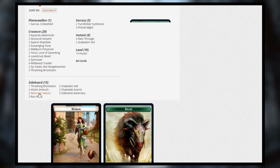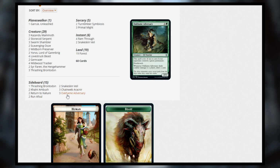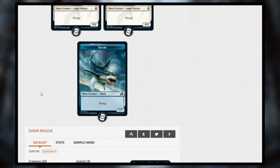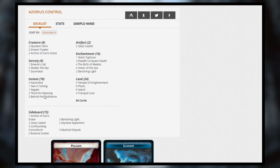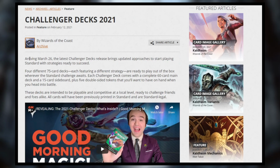If we look in the sideboard, we have some interesting cards, not ones that I would necessarily always play, but I do like the amount of removal here. Either way, those are the 4 decks. So we have Mono Green Stompy, Mono Red Rush, Azorius Control, and Damir Rogues, which I would say is pretty good. I would have kind of expected a ramp deck, but with the banning of Urok, he's already banned in